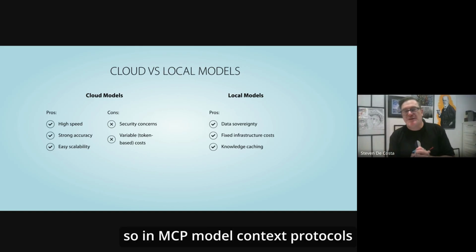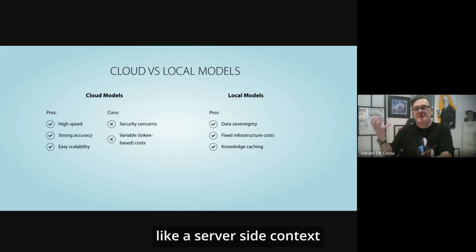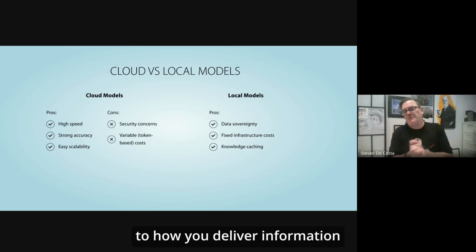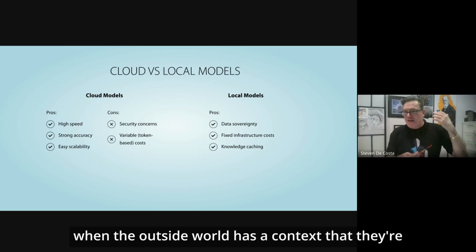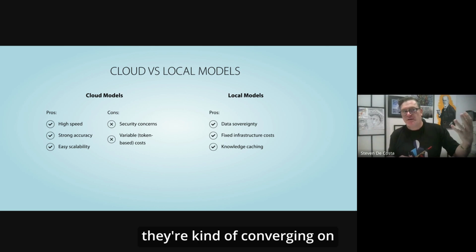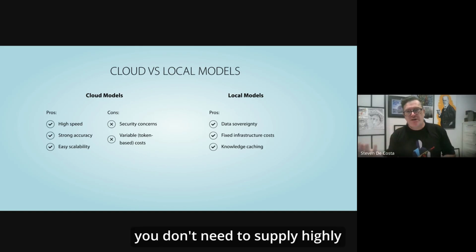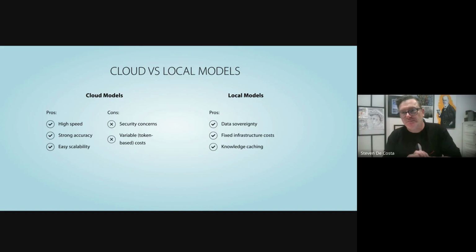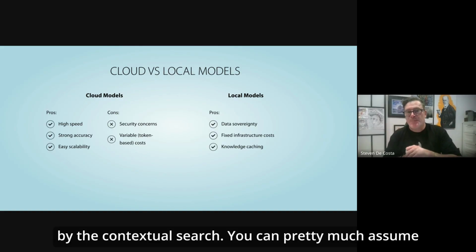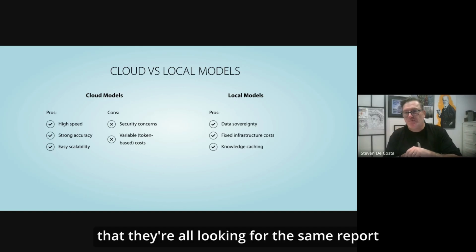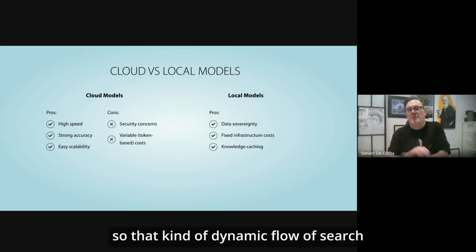In MCP, model context protocol, there's a server-side context to how you deliver information. When the outside world is converging on the same context, they all want the same report, you don't need to supply highly contextual search. You can pretty much assume they're all looking for the same report.